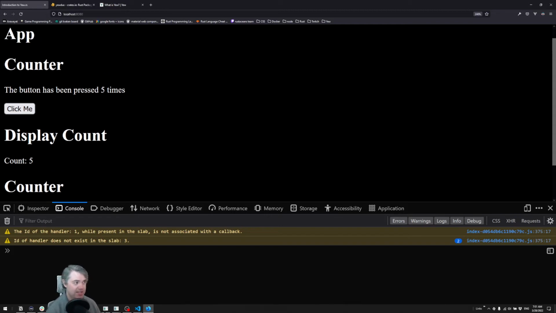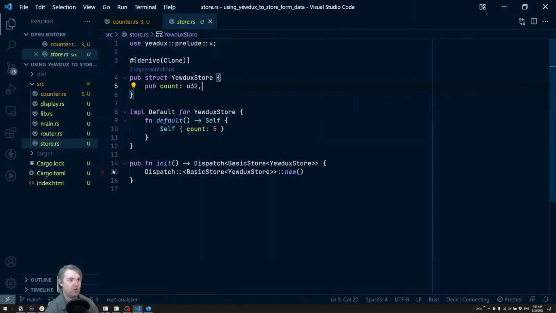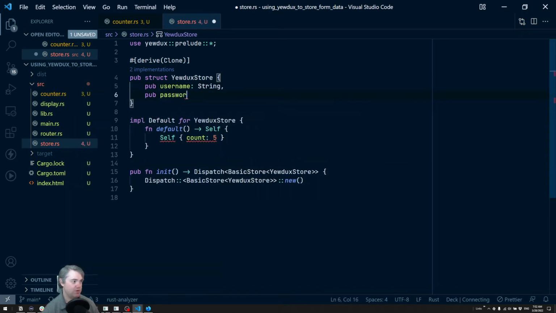So let's update what we have here and change our counter to be a form and display that data. So coming back into our code here, I'm going to come into the store and we're going to update this to now just store what we want to. In this case, let's pretend that this is like a username and password login field. So we're going to have a pub username, and that's going to be a string, and a pub password, which is going to be a